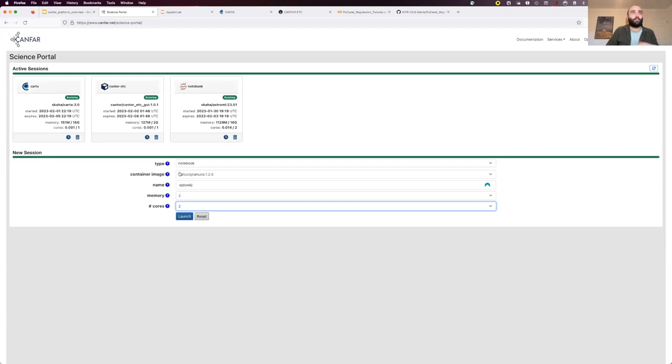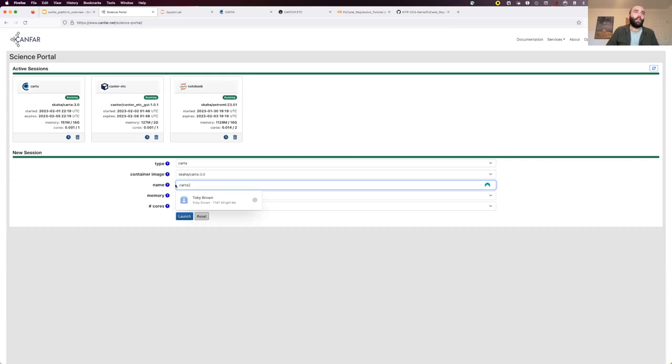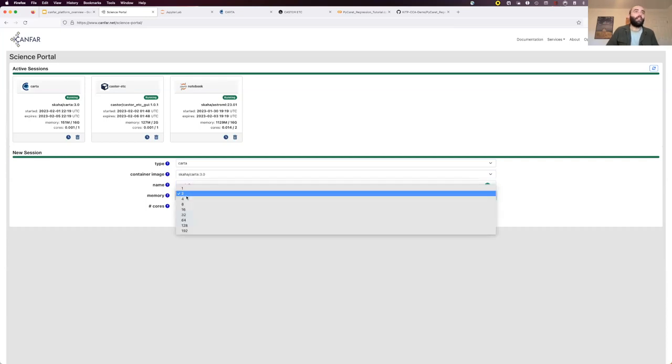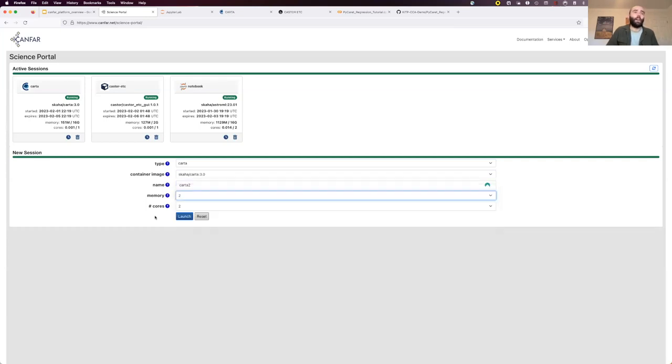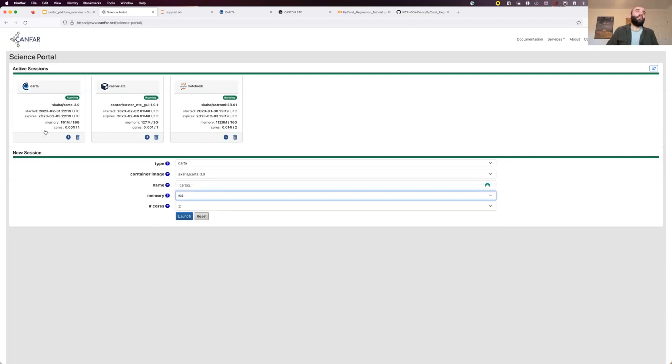So we put together a CARTA container, and we can request it and then deploy whatever version of CARTA we want, give it a name and flexible resources. Say if I'm dealing with like a 50 gigabyte cube, I'm going to want a lot of memory.